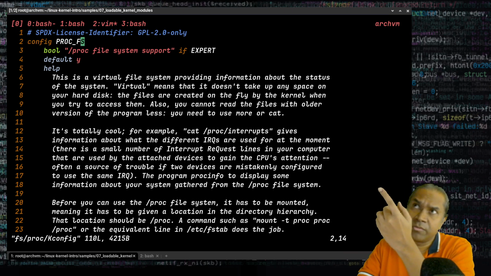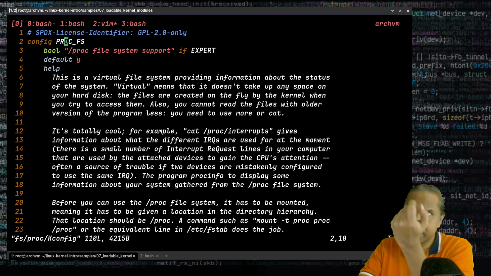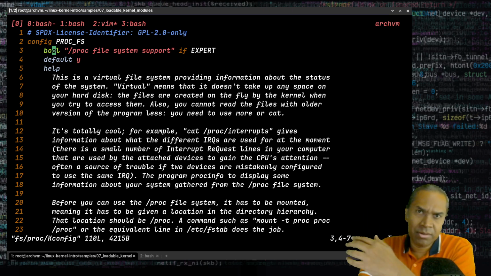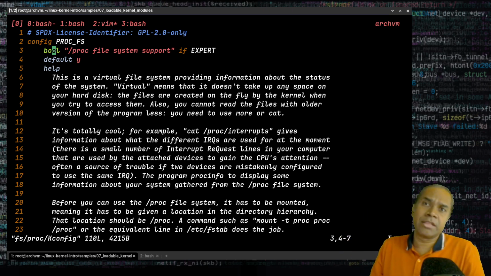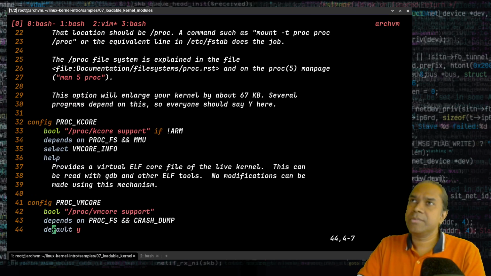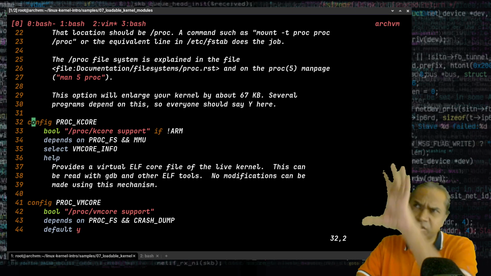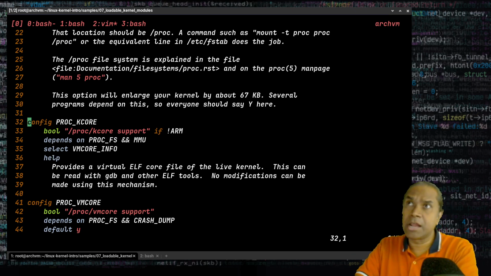So it's a config macro where you can decide what should be the config name. This will end up creating CONFIG_PROC_FS. When you say config proc fs, this will show up in make menuconfig and make config target, whereby the user can choose an option whether to enable or disable it, right? So here under proc fs, I can see one config macro here, config proc kcore. I'm just going to copy this entire block,